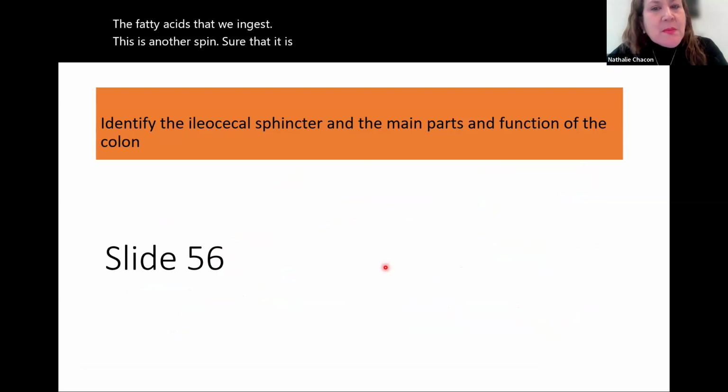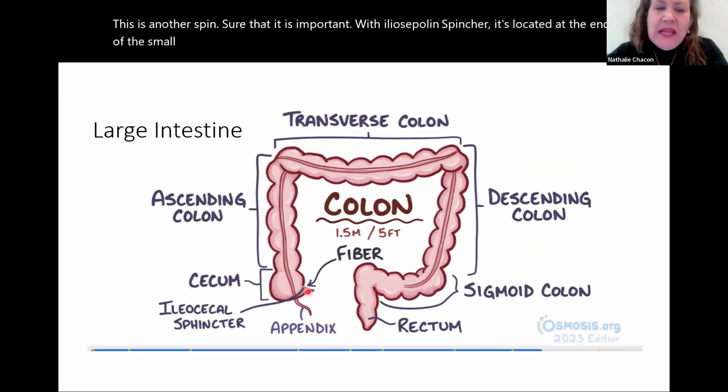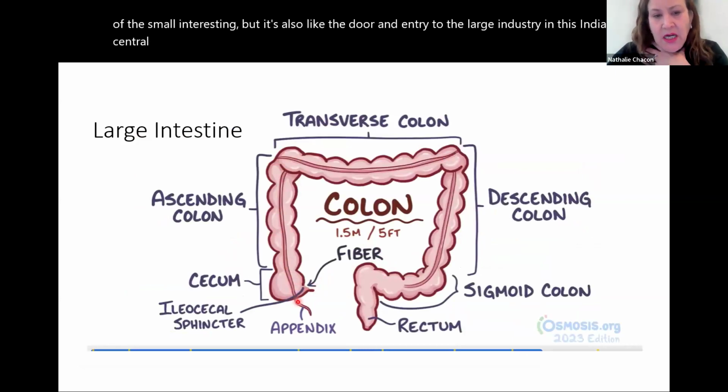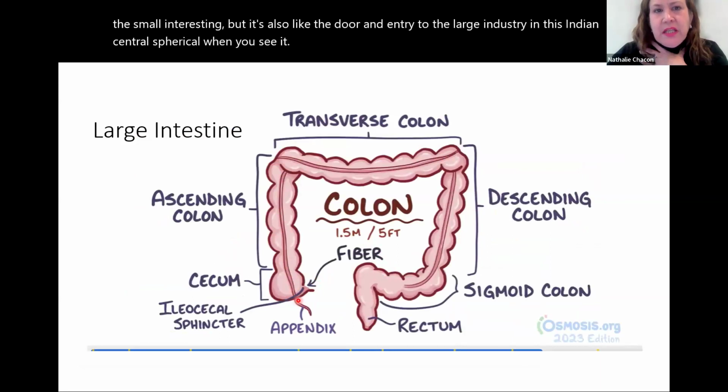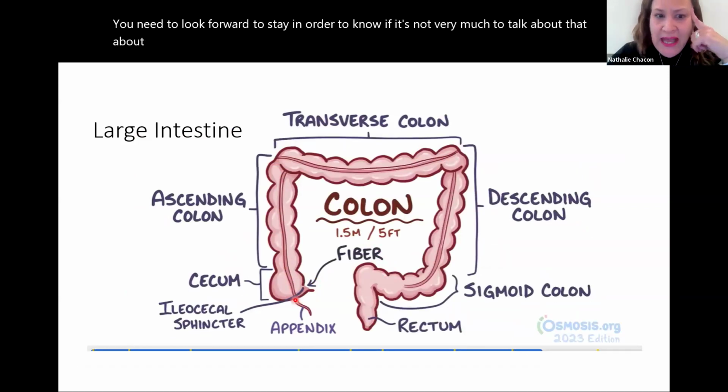The ileocecal sphincter is located at the end of the small intestine, but it's also like the door of entry to the large intestine. We need to look for it in any images in order to know if it's a very big emergency. We're going to talk about that when we talk about acute abdomen. So just make sure that you know that we have an ileocecal sphincter here, that it is important,